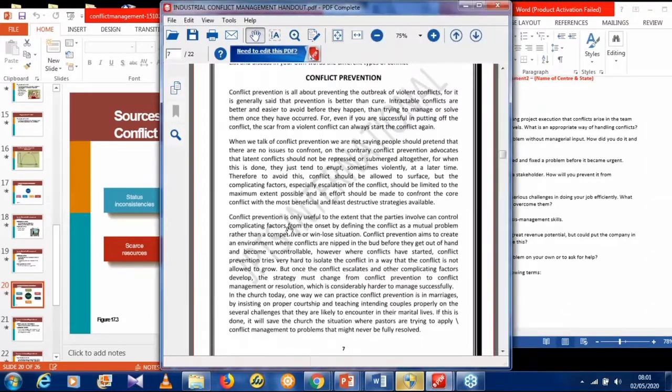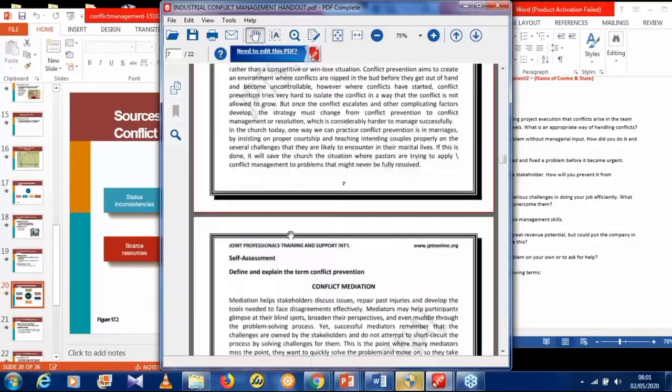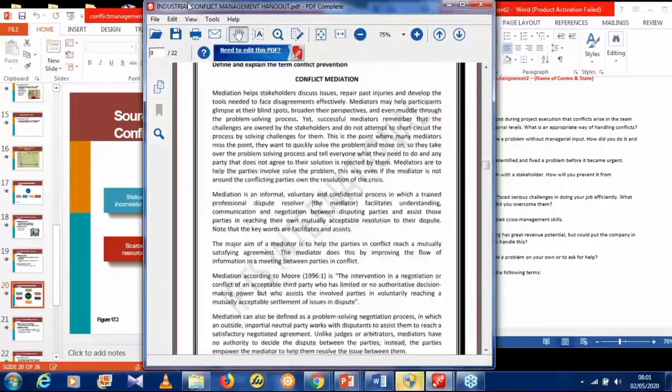All right. So for conflict mediation, let me take this off so that we can see the assignment questions properly. For conflict mediation, it helps the stakeholders discuss issues